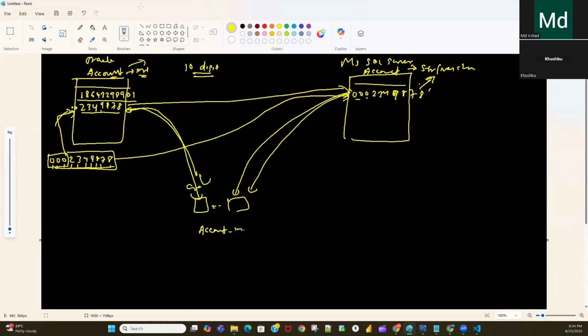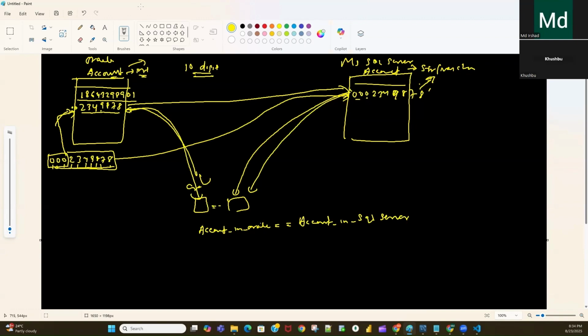I'm writing account in Oracle equal to account in SQL Server, so we have written some condition. Based on this condition, we need to check whether both values are the same or not. If this condition matches, we need to write some logic. I'm not going through that logic, I'm just explaining the scenario.